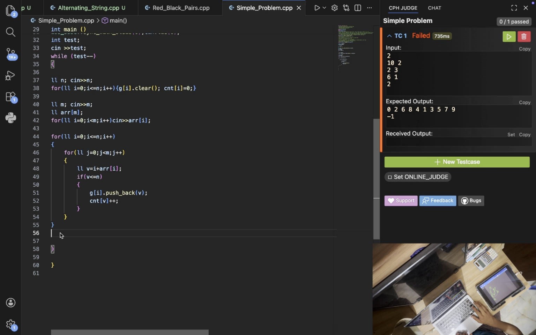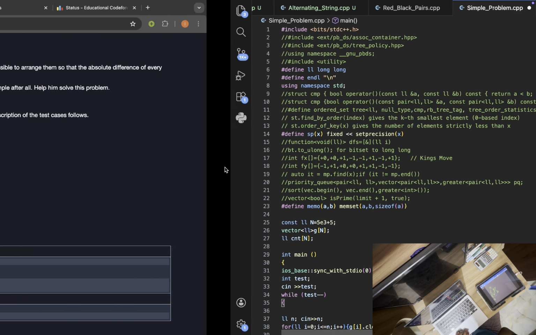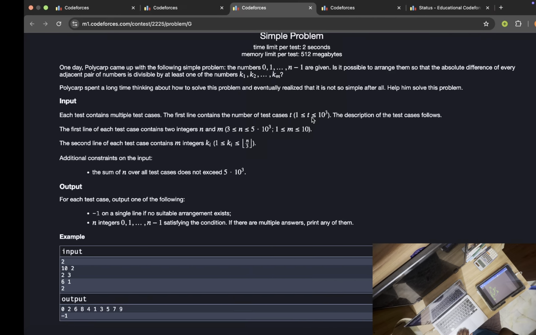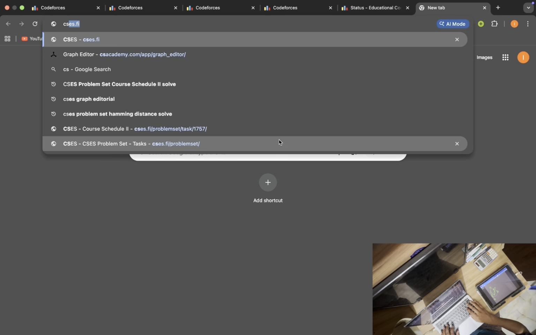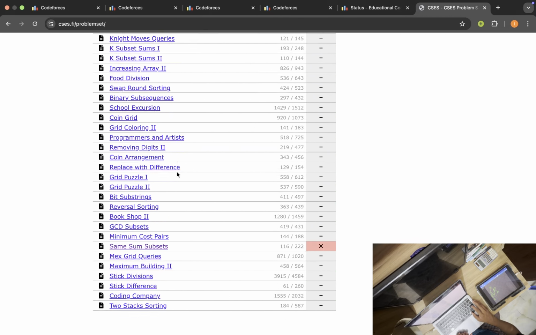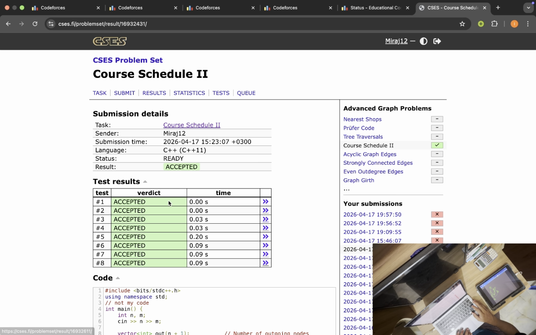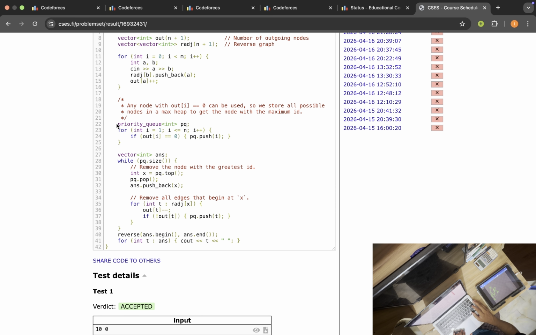It had no reason. I need a priority here actually. Processing of